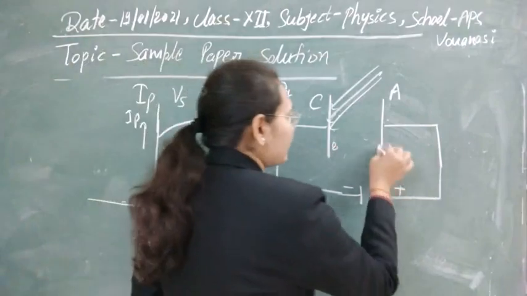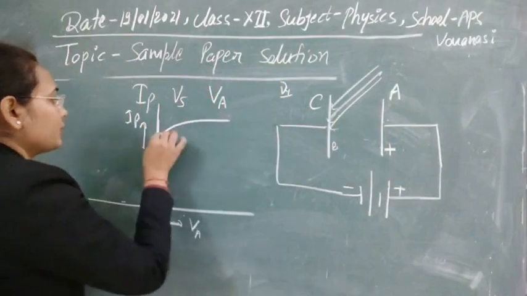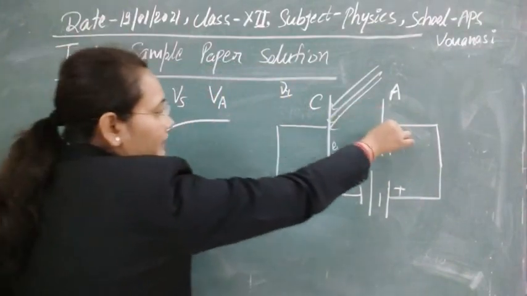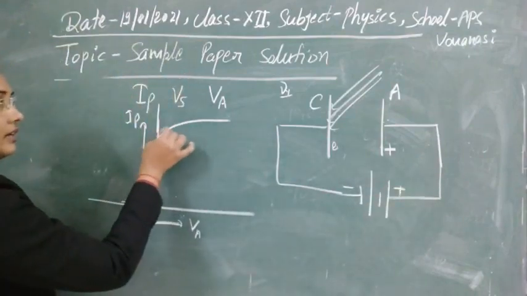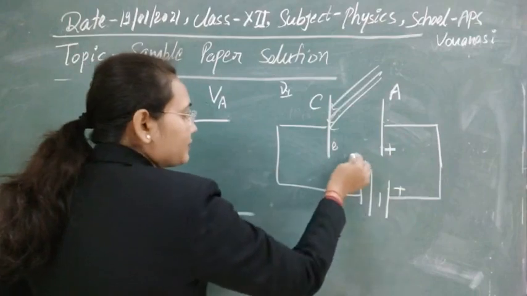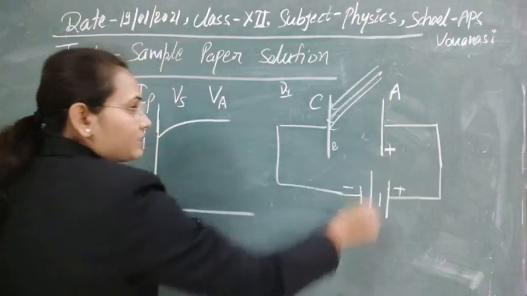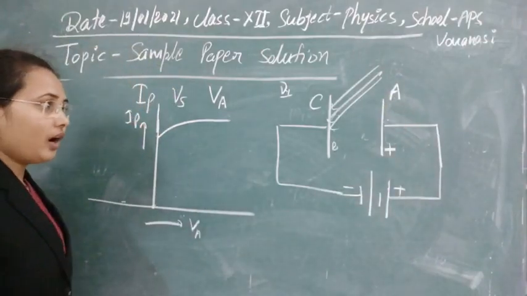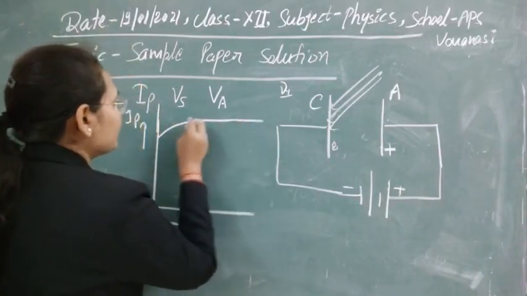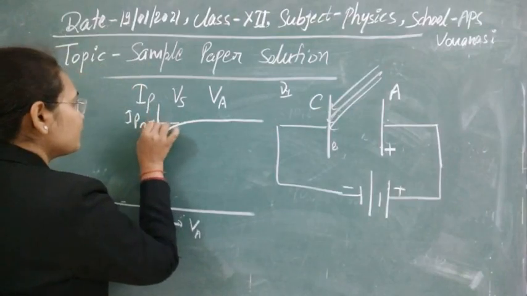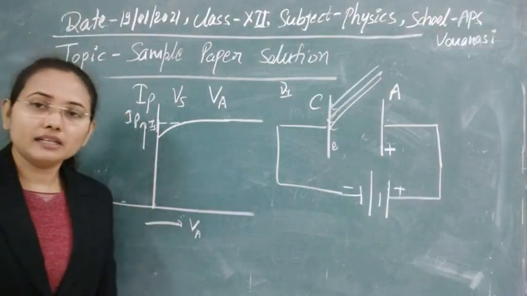Now we start to increase the positive potential. When some positive potential is applied, some electrons can be easily attracted here, and we can obtain photoelectric current. If we continually increase the positive potential, the attractive power of the anode increases, and more electrons will be collected at the anode. When all 8 electrons are collected here, the current becomes constant. This constant current is known as the saturation current. Clear?